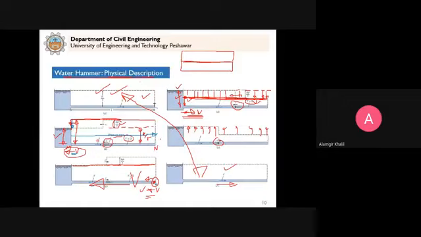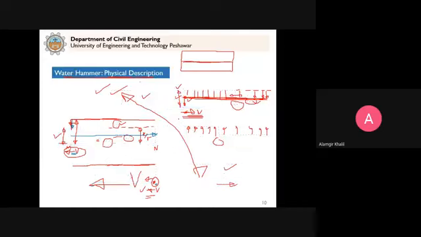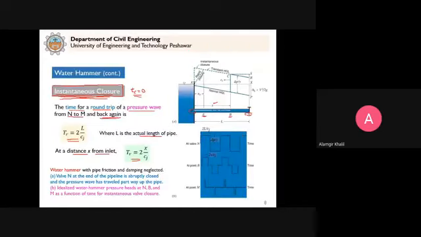So for the ideal case, this one cycle will continue. And this is what is shown here in this diagram in your textbook: the pressure increases, then it remains there for some time, then it decreases to the normal, then it goes to the negative, then it continues to be negative, and then it comes back to the normal. This completes one cycle. And if we have the ideal case, then this cycle will continue. This will be the second cycle. Then this will be the third cycle,